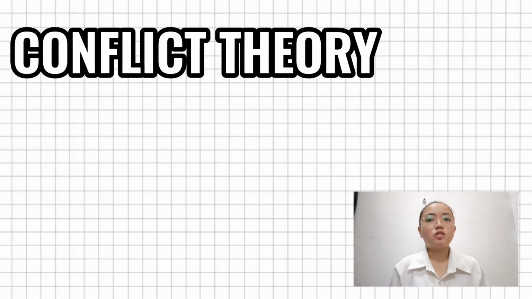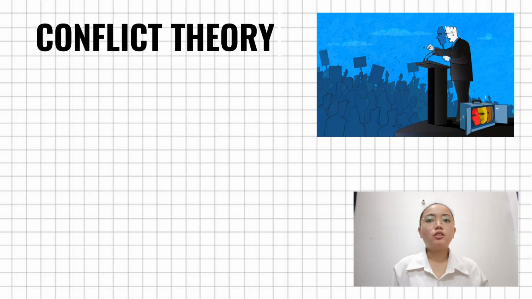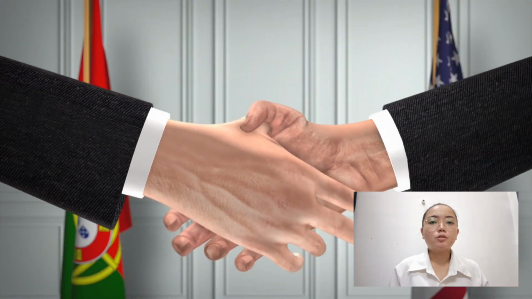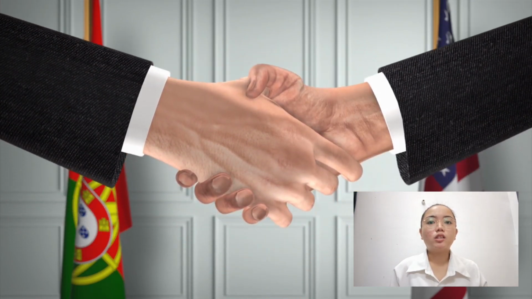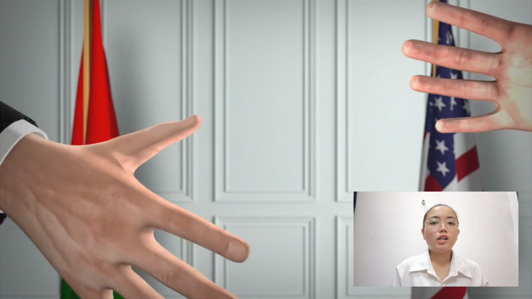Conflict theory is a sociological perspective that views society as being in a constant state of conflict due to competition for limited resources. From the conflict theory perspective, corruption is a tool used by elites to maintain power and wealth. Those in authority exploit their position for personal gain, leading to greater inequality as only certain groups benefit, while the